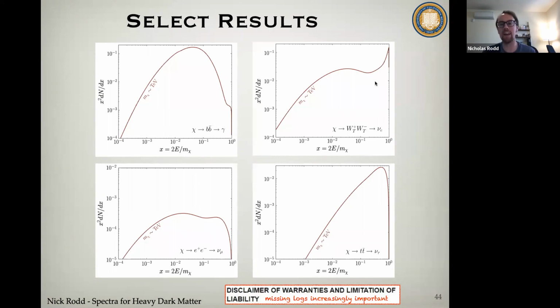And so I can just take any of these. I've just taken 4 of them, for example. You can see what the decay is in the bottom right. And then I'm going to show you initially a dark matter mass at a TeV. And then I'm going to show you one mass for every decade all the way to the Planck scale.